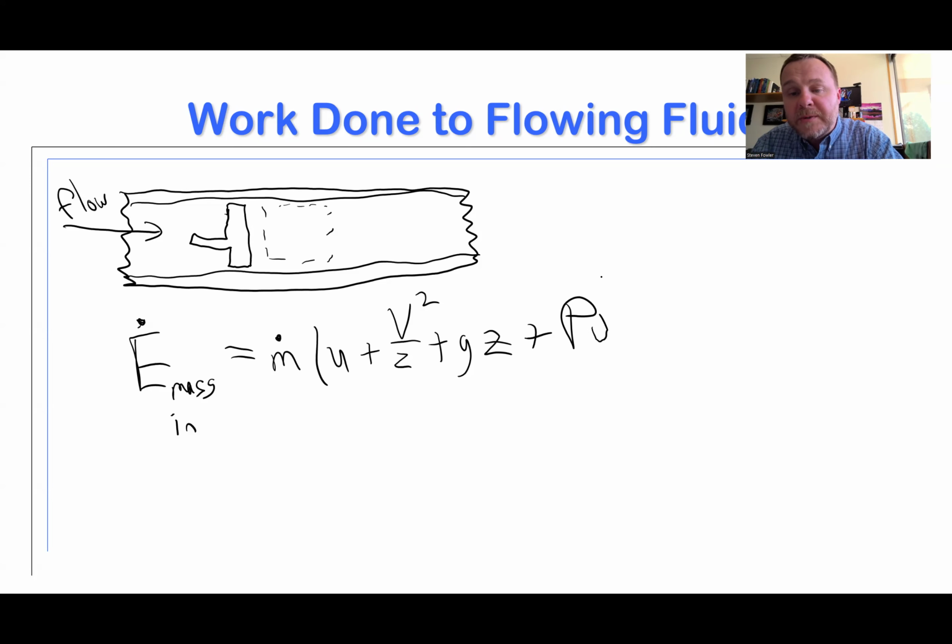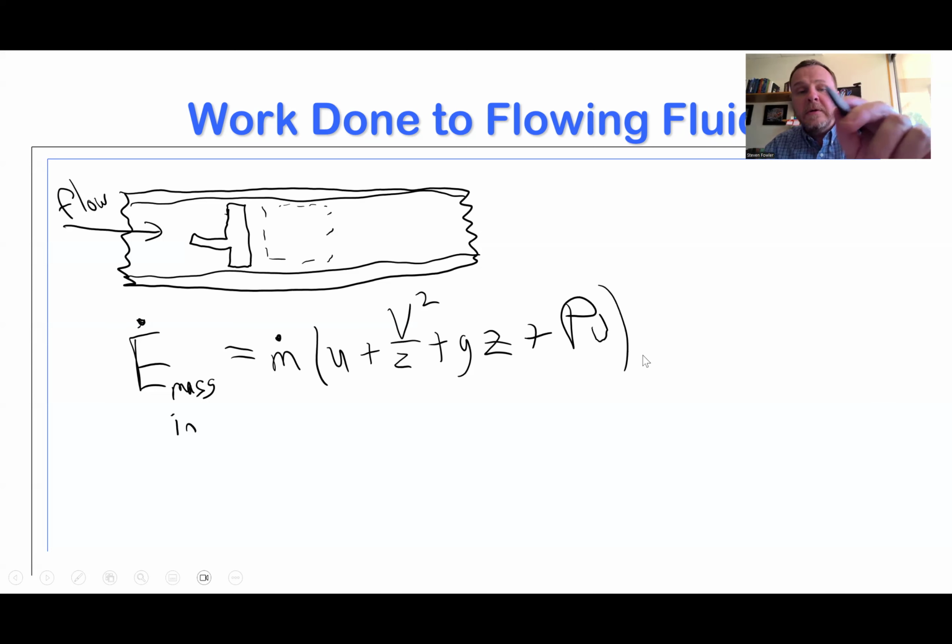And what I can do is multiply it by the specific volume of the fluid, which basically represents the specific volume of this block of fluid, this bubble of fluid that we've isolated within this system. And we say, well, basically for this fluid to flow, you have to do a little bit of work to it. That work is done by the pressure of the fluid upstream, basically acting like a piston, pushing the volume of fluid downstream. And that's what this term is.